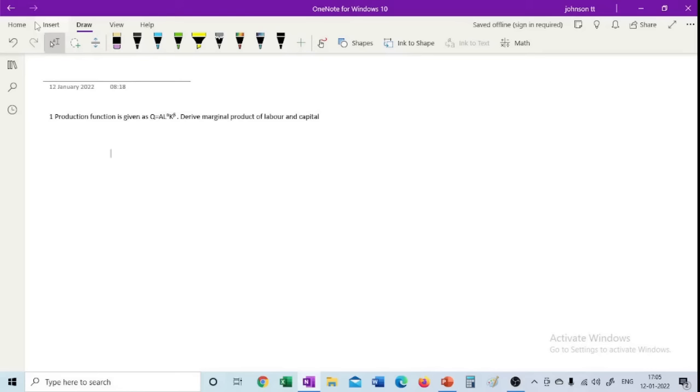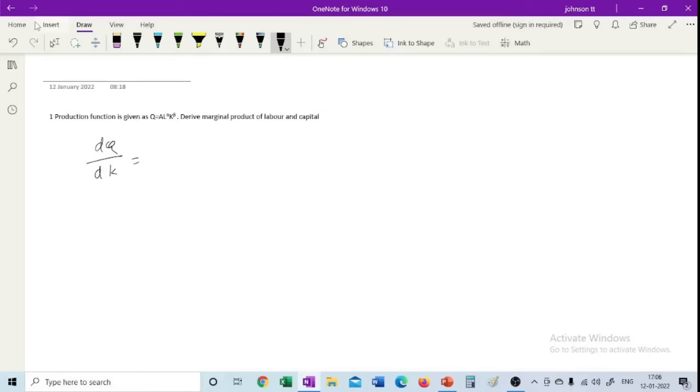So what is marginal product of capital? That is the change in the quantity produced with respect to a change in capital. That means we are keeping labor constant. So we have to differentiate the above equation Q equals A into L raised to alpha K raised to beta with respect to capital. So when you differentiate, that is dQ divided by dK